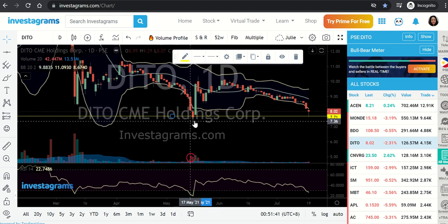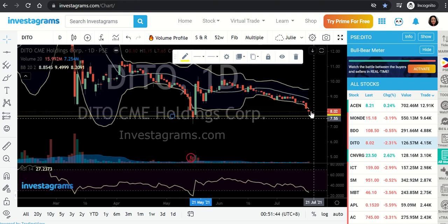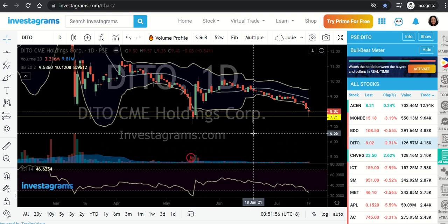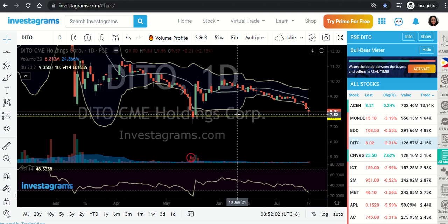Okay, so the first bottom was here, the second was right here, and then in fact on the same day people might have felt that it's already at a cheaper level. That's why there's a slight bounce that happened, but we cannot confirm yet because it's just one day worth of performance. But as you can see here, twice this area was hit, but